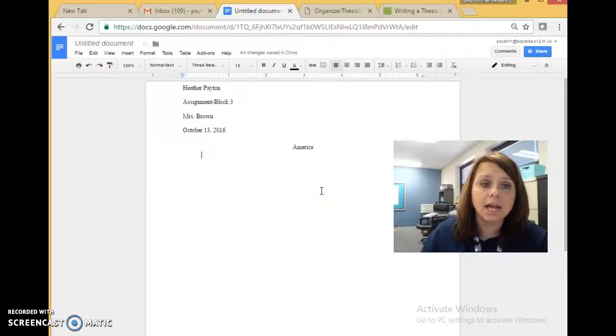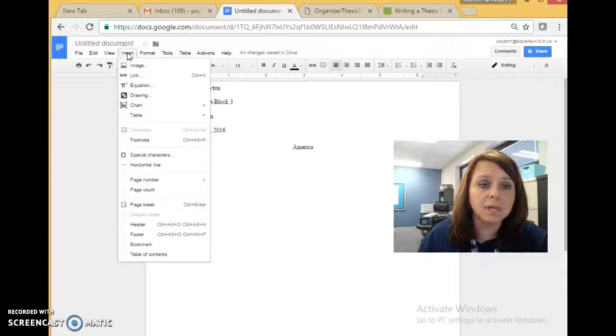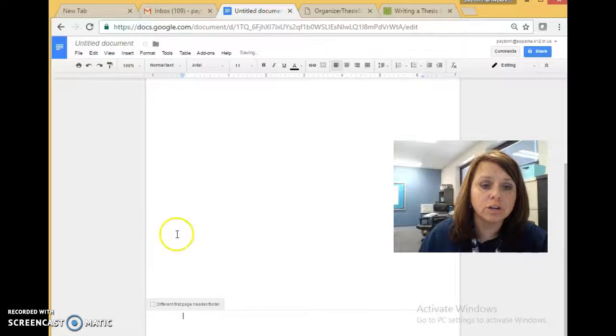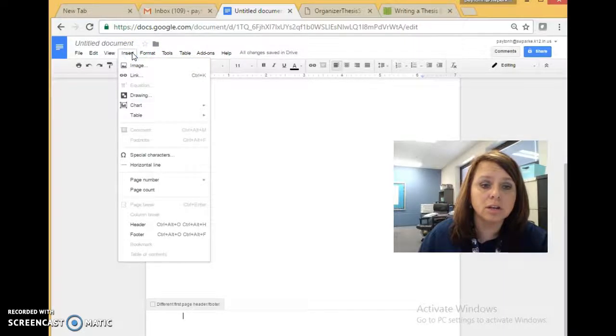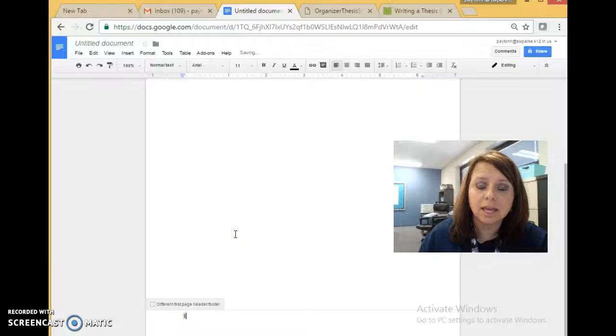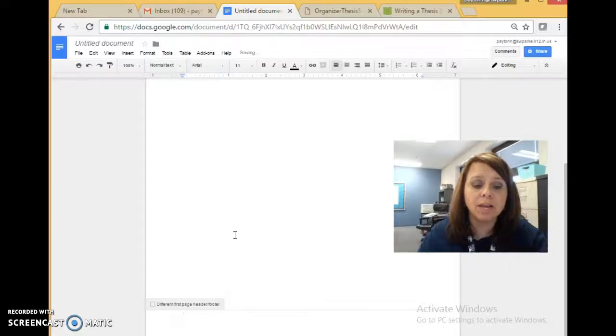Something else that you can add to your paper would be you want to insert a page number. So if you click footer, it's going to take you to the bottom of your paper, and then you can click insert, page number, click. But I don't want my page number on the left-hand side. I want it on the right-hand side. So I'm going to erase that. I'm going to space over,